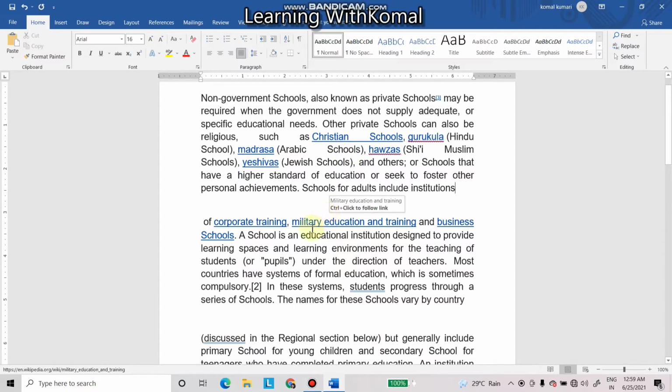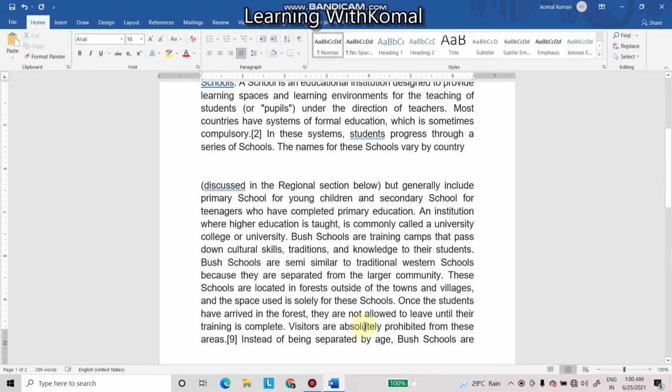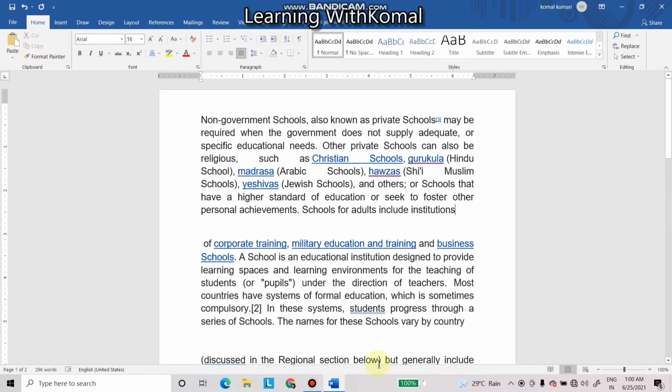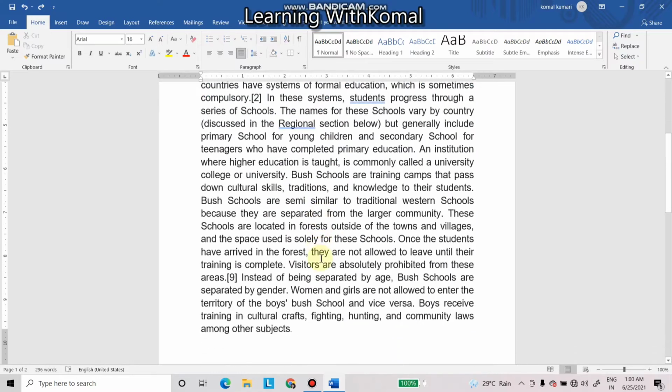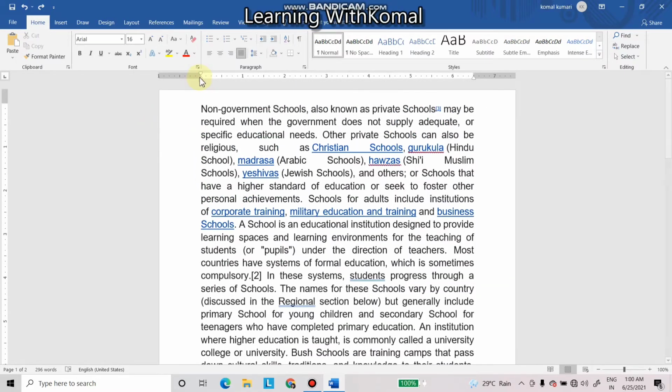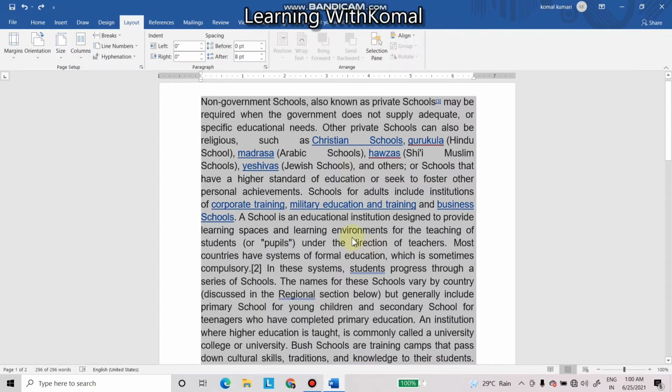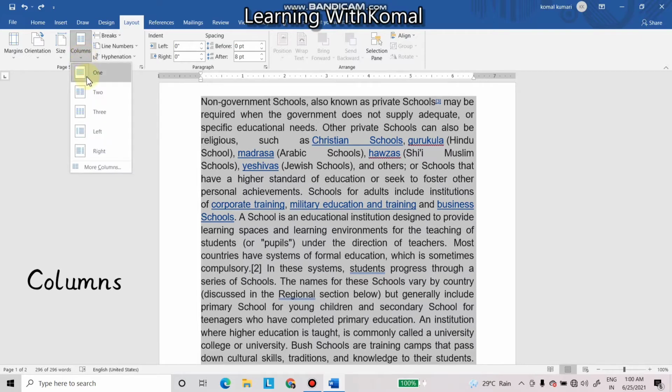So this was all about paragraph spacing. Now let us see how to write these words into columns. You all know, na, how a newspaper looks like. A newspaper is divided into different columns, है ना. So we are going to divide this paragraph which was on school in columns. So for that what we will do, we will first select the paragraph. Now we have selected the paragraph, and after selecting the paragraph we will go to the columns, and in the columns here we will see like 1, 2, 3, left and right is written here.